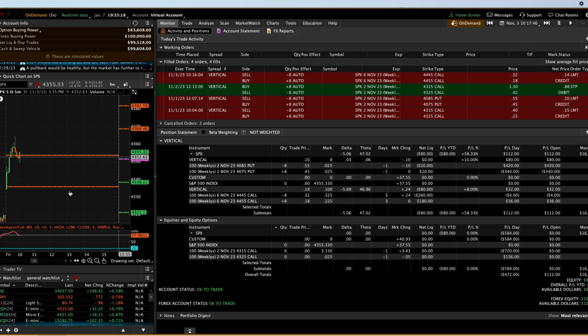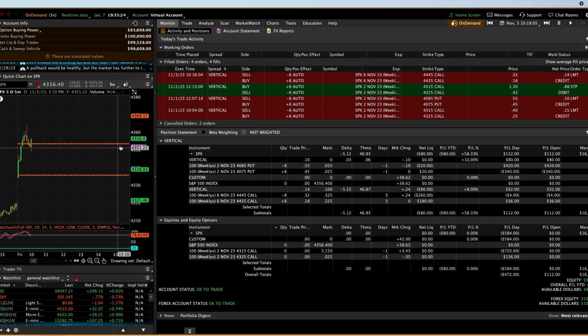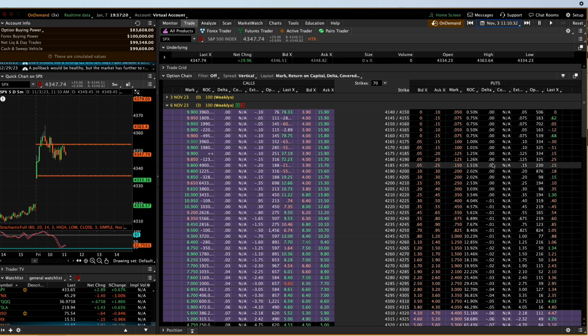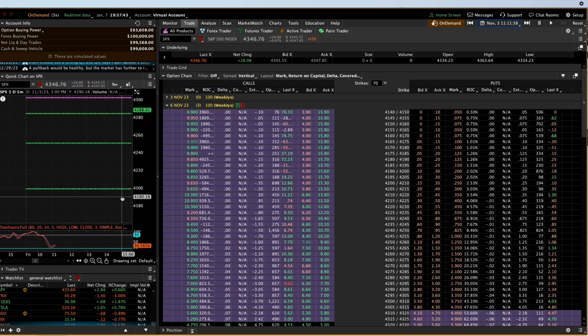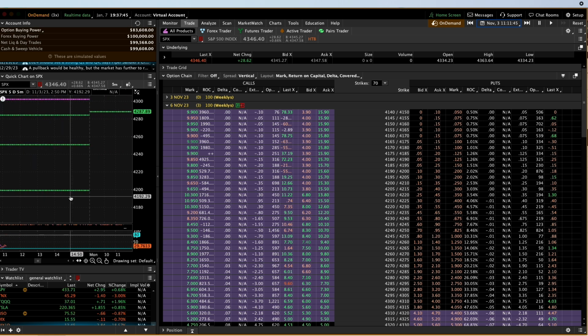And I might cheat up on the put spread because definitely the market sentiment is absolutely on the positive side right now. So, all right, there we go. Like I said, I'm going to try to cheat up a little bit if I can get it. 41.95. Let's see. 41.95 puts us below that S3, which is fine. It's giving us 15 cents.